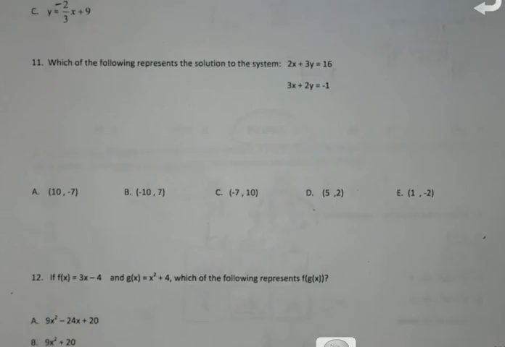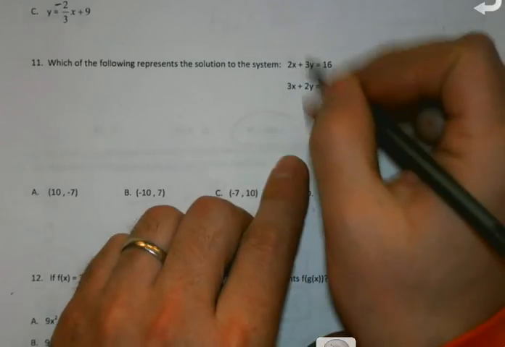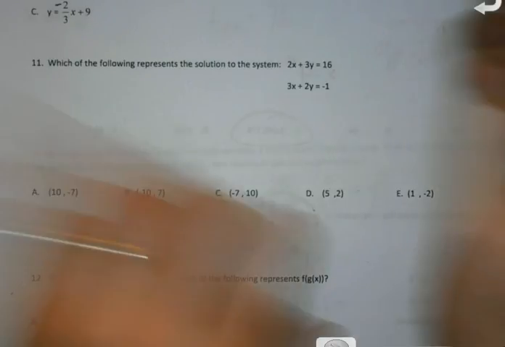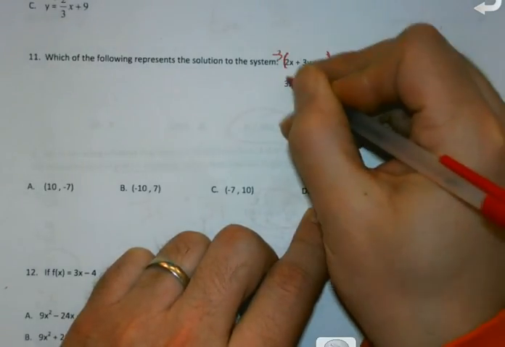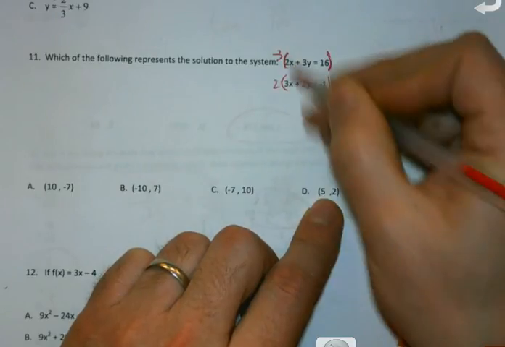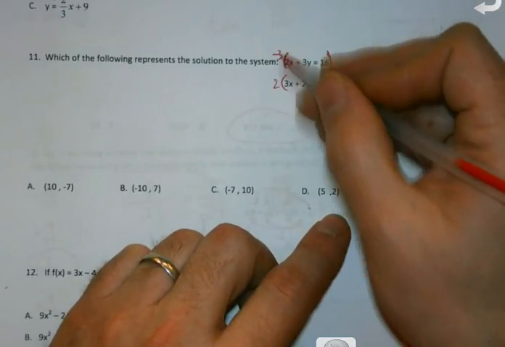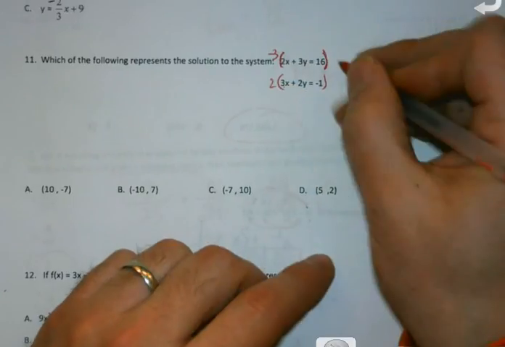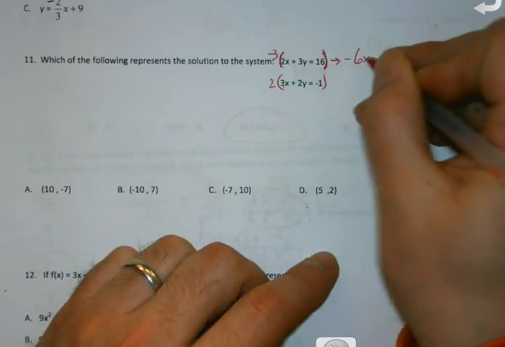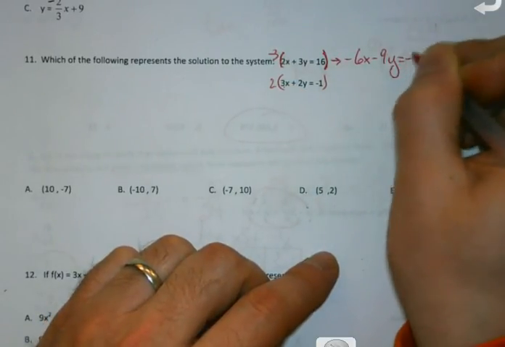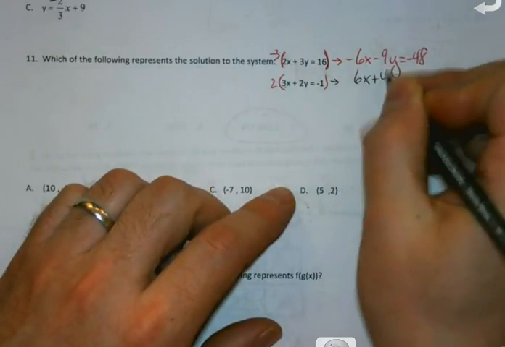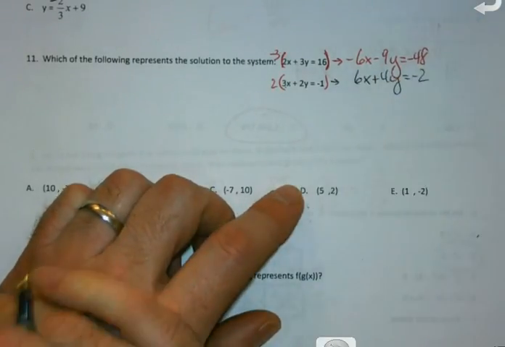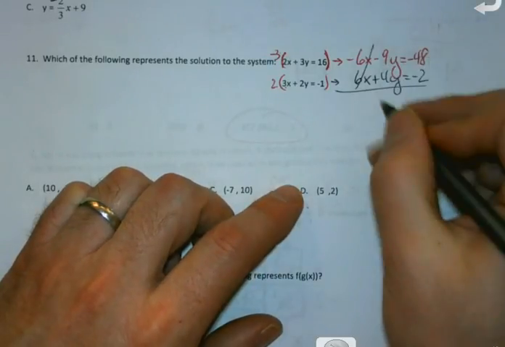So which of the following represents the solution to the system? I need to be able to cancel out x or y. So let's see here. If I want to cancel out the x's, I can multiply this one by negative 3 and this one by 2, because I want these to be opposites. Because if I just did 3 and 2, it would be 6x and 6x, and I wouldn't cancel. So by doing a negative up top, or I could have done it down below, now when I add down, x's cancel,